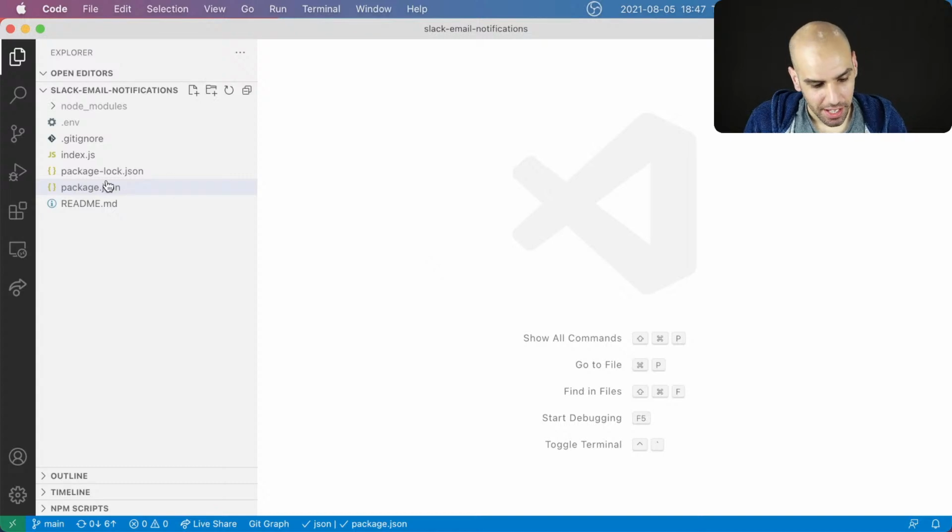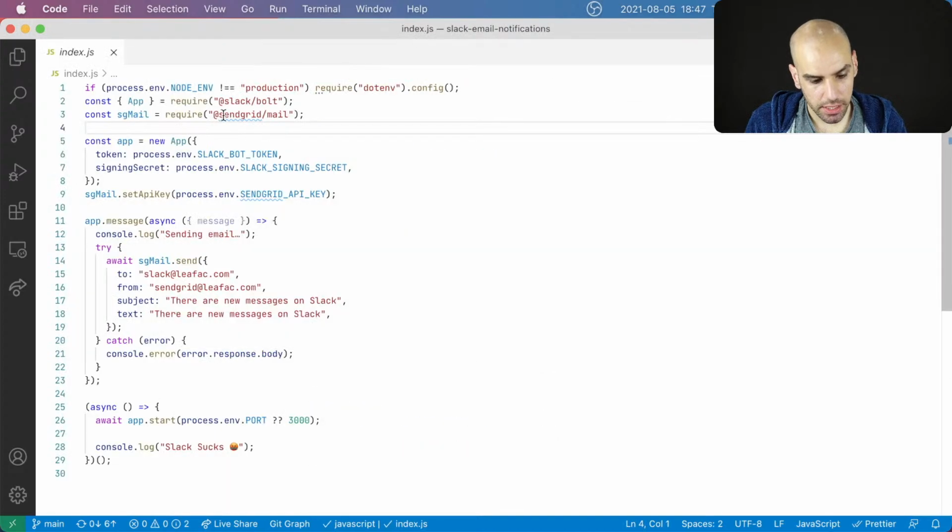Famous last words. All right, so the package.json is all right, then our gitignore is also all right, and then our index file, it's pretty much stuff we copy and pasted, but let's review it. So this is checking that we are not in production, and then we load the environment variables from the .env file. And then over here, I copy and pasted this from other places.